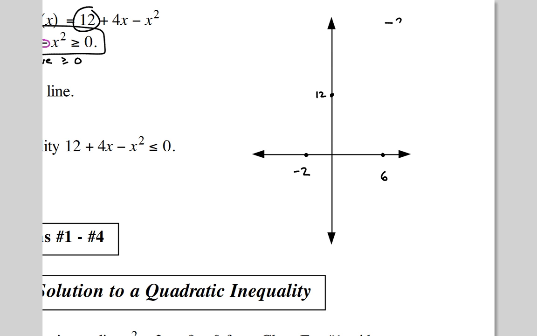And if I go -2 plus 6, what do I get? 4. Cut that in half, I get 2. So at 2, I'll have the vertex somewhere here. So there's the vertex at 2 comma q. I don't know what the q value is, but